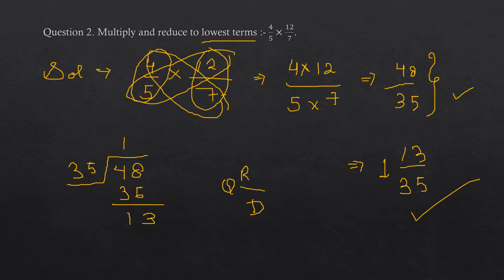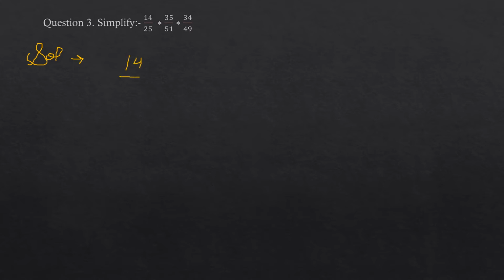Now let's proceed. Okay, let's do this question. Here we are having a question for simplification. Okay, we have to simplify this. Now let's see how to simplify any question. Let's see the solution for this question. Okay, let us write these given fractions first. So we are having 14 by 25. Okay, I am leaving little space between them because we can reduce them here only.